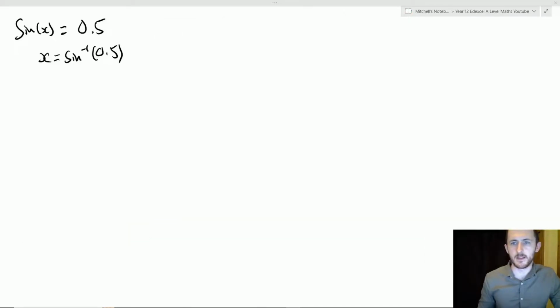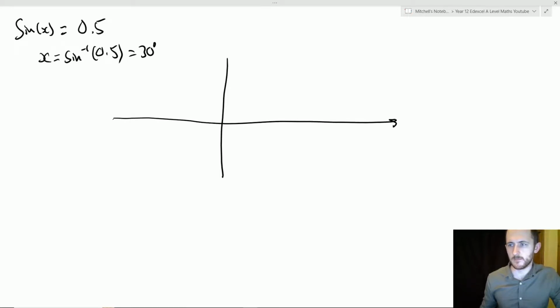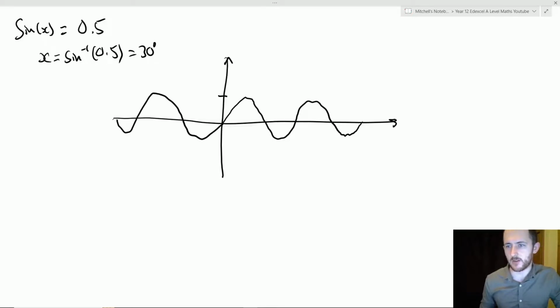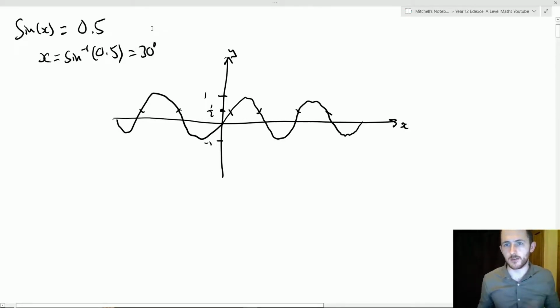Easy peasy, right? Now, the thing is, if we actually look at the sine graph, so if we draw the graph down the middle, it starts off at 0 and it goes up and down, and so on. Even on the other side, it repeats as well. Now, this is +1, this is -1, and the values of a half are going to be here. If you look, it actually crosses at multiple points where y equals a half. So the problem is that although this is a correct solution, it's only